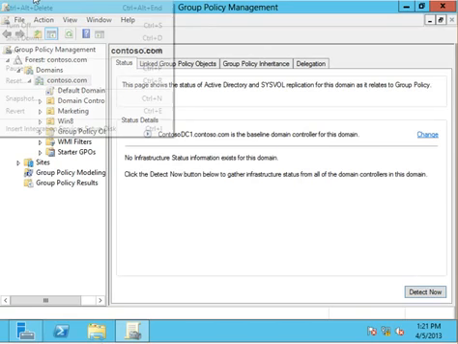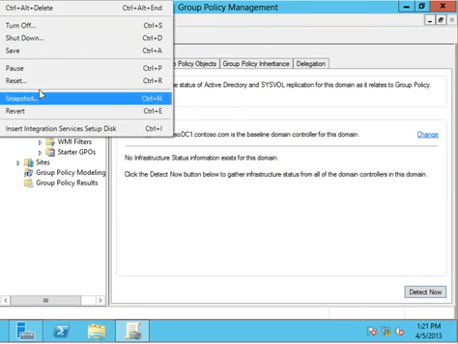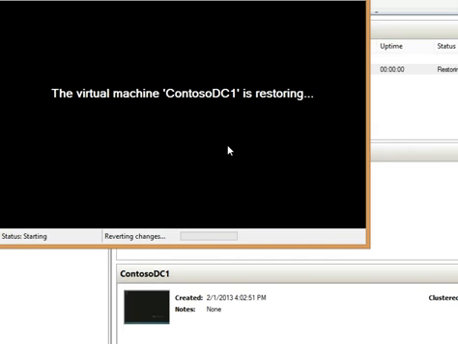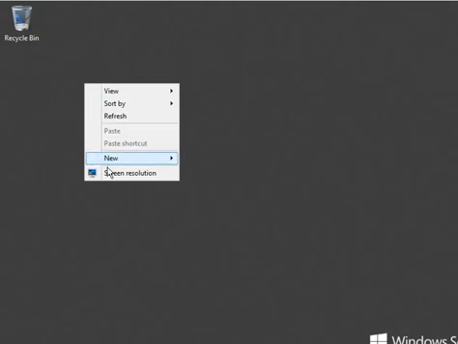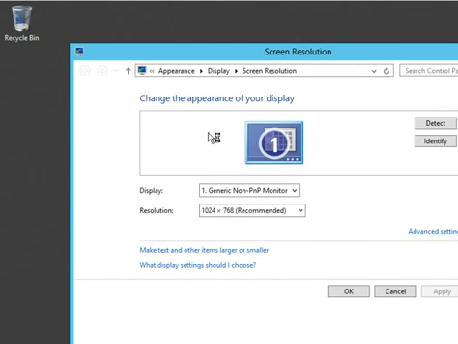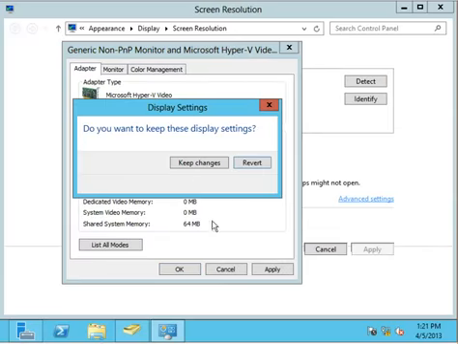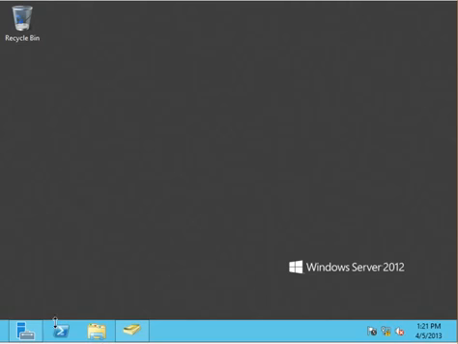Let me come in here and revert back my domain controller to a time before I've actually run the report. What you just saw is what it looks like after having run a report once. So let's take a look at what we start off with prior to that happening. So advanced settings, let's get this back up to a nice 800 by 600 so that YouTube viewers can view this a little easier. So going into Server Manager again,